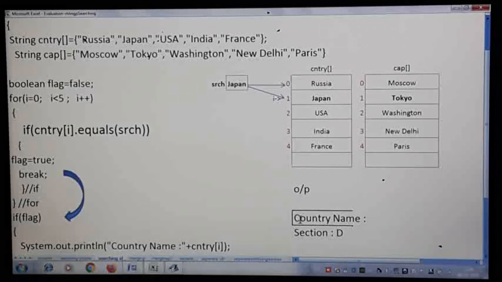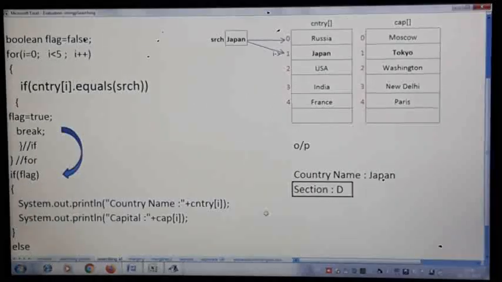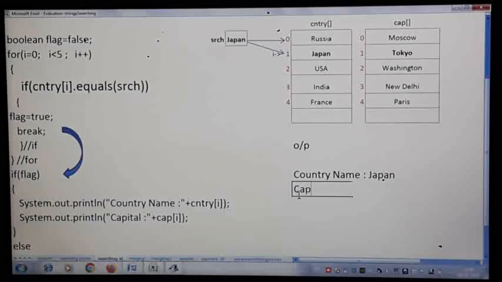So when you print country of 1, you will get Japan. Then the next output is capital. You will get capital of 1, which is Tokyo. So this is how you will get the output.